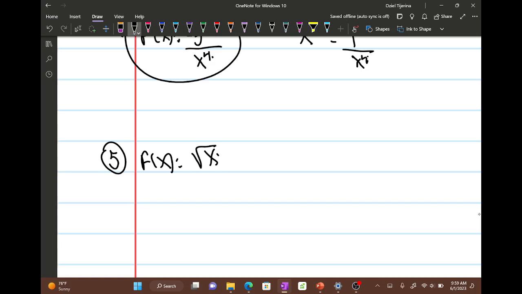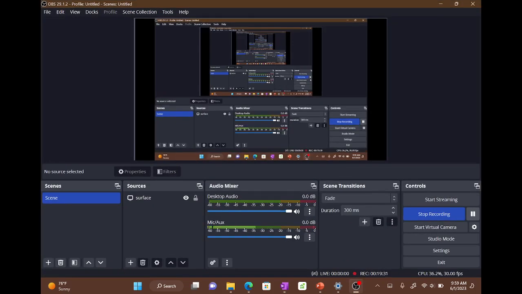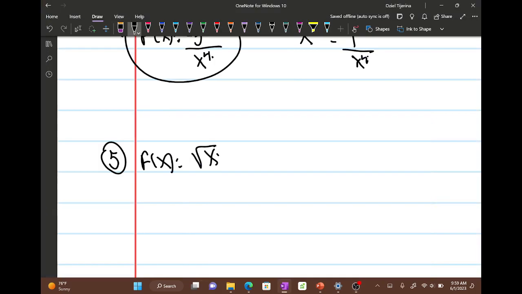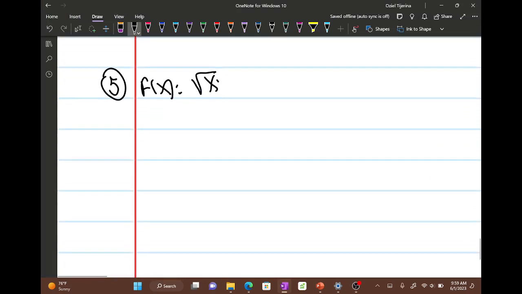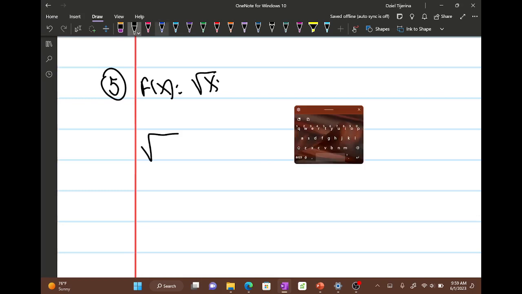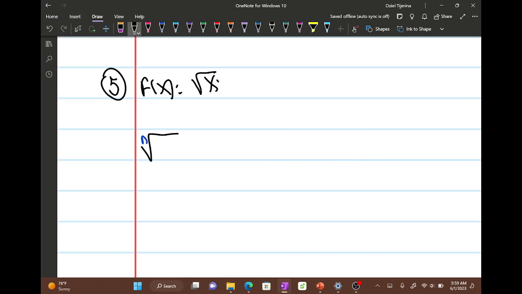If you remember from algebra, the equation for the square root function, if I say the nth root of a, so let's do the nth root of